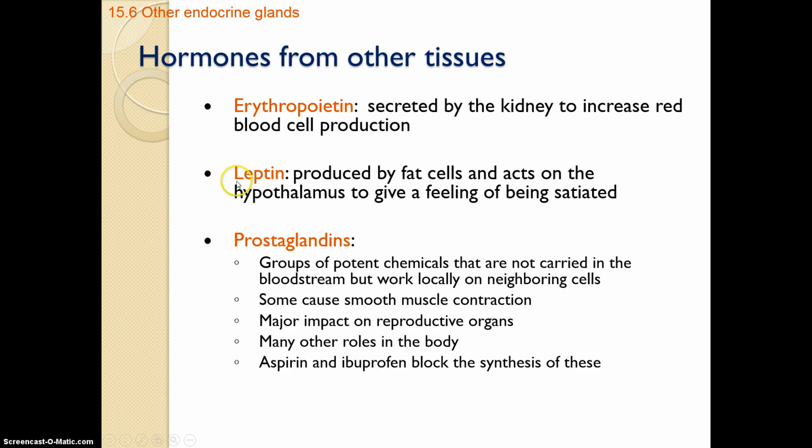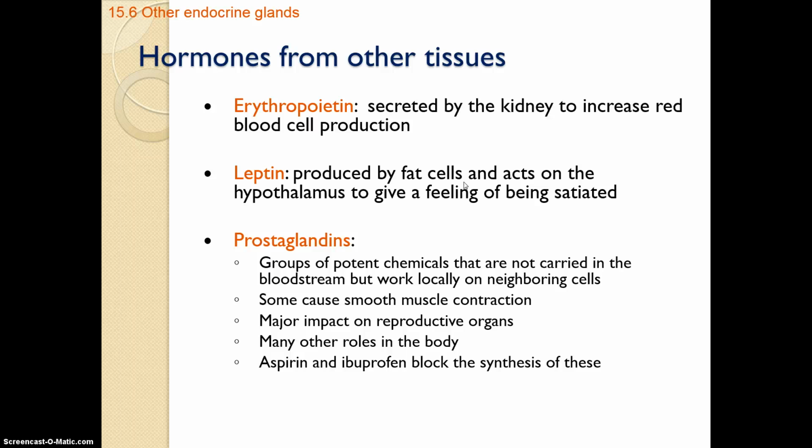Then there's something called leptin. This one's odd because we usually don't think of adipose or fat cells creating any type of hormone. But it does. It actually tells your brain, your hypothalamus specifically, that it's full. So if somebody has a leptin receptor or a leptin disorder, they're going to be extremely hungry. We were talking about this in class, that they just want to eat because they think they're starving because their fat cells never told the brain, hey, I'm full. So it's very, very interesting, and they're working on it for some people who might have that type of obesity.